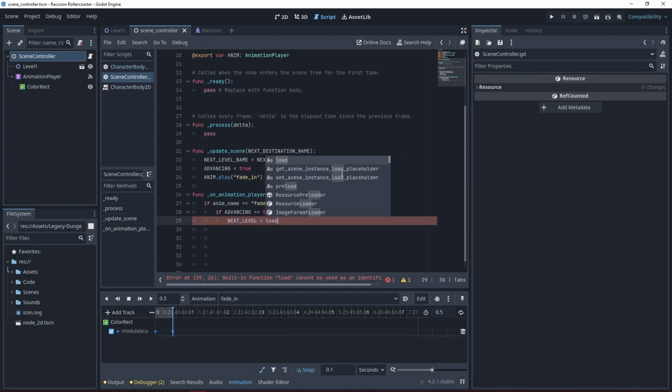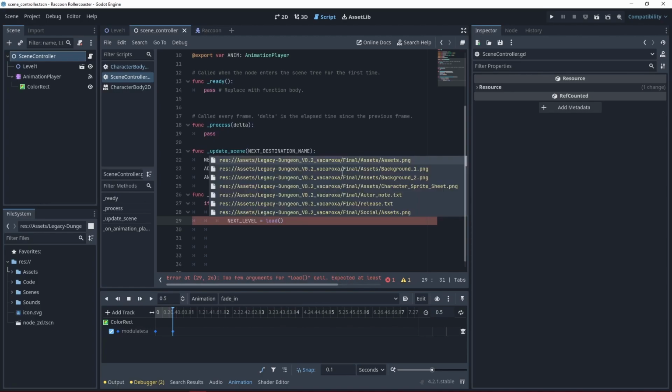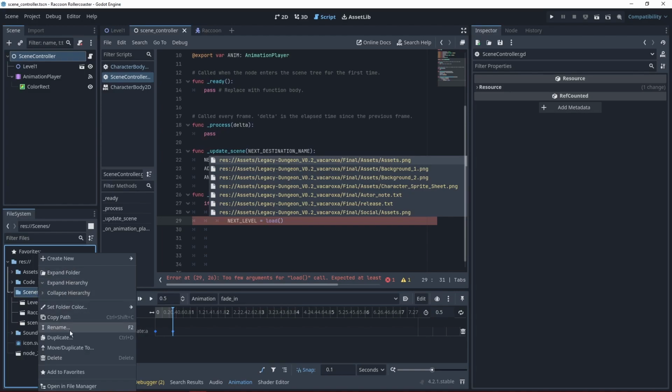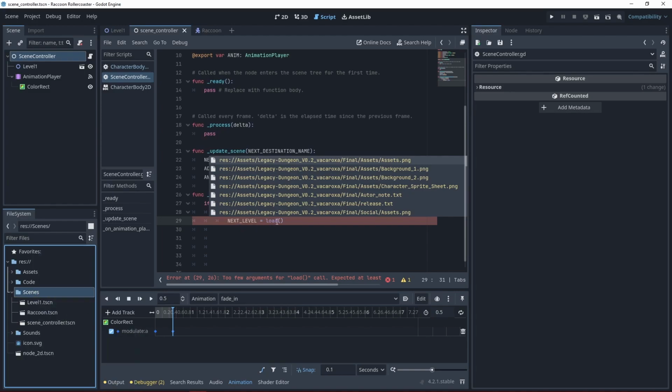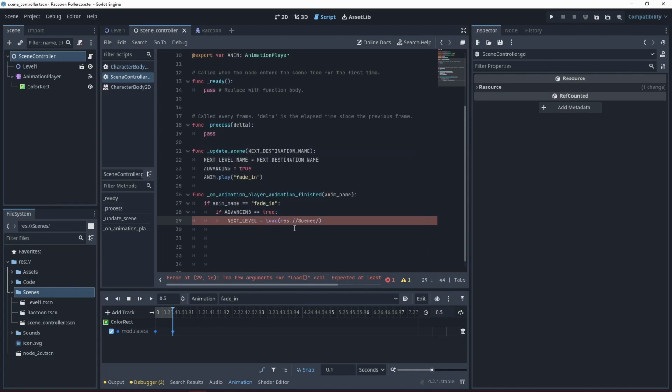I want to load a scene. And so here you'll type the path to get to whatever scene you want to load next. And so to make this modular, I'm going to make it so that it'll automatically load whatever name we put in here. So I put my levels in scenes. Sometimes I have a separate folder just called levels, but in this case we'll just use this. If I come over here to the bottom left and I right click on where I'm going to be saving my levels, you can copy the path. So if I paste this in here,